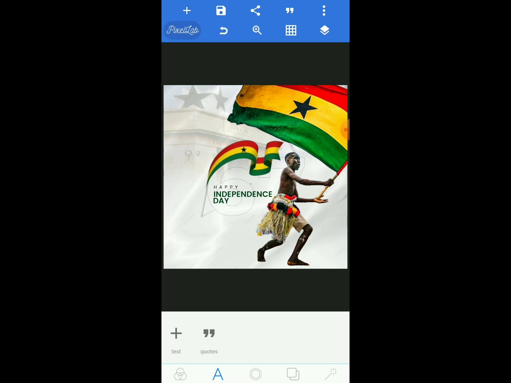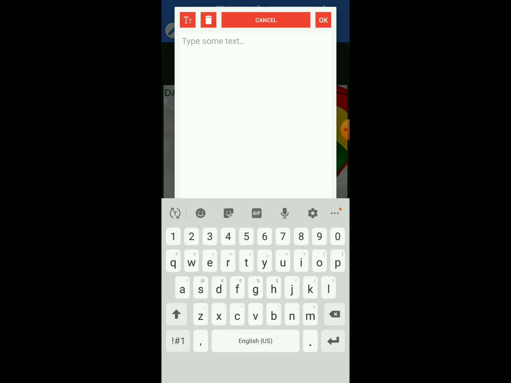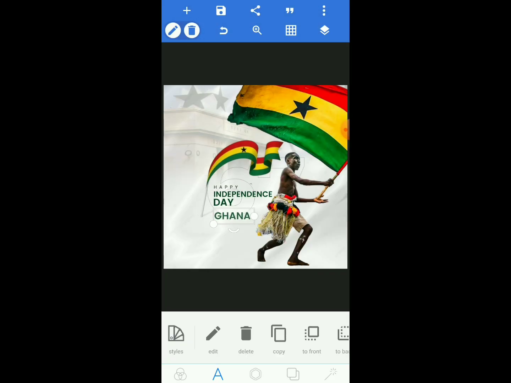All right, so let's come and see the size of the Independence. The size should be around 76. It should be big. All right, so we have it here. So let's come to our text here, this particular text, and let's copy it, and let's write Ghana. So Happy Independence Day, Ghana, and let's bring it here. All right, so we reduce the size a bit, bring it here, and we come to